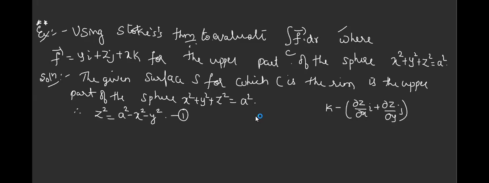Okay. So we are interested in getting what is dou z by dou x and dou z by dou y. That we are going to find with the help of differentiation. Differentiate equation 1 partially with respect to x. Tell me what you'll get. Differentiate with respect to x and y, partially. What is the derivative of z square with respect to x? Here you think that z is a function of x and y and differentiate. Tell me what is the differentiation of z square?